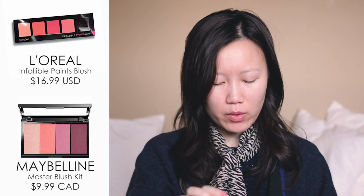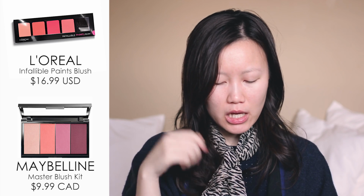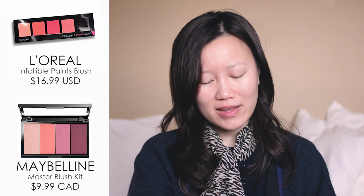4 colors. Very pretty, kind of a medium intensity, peaches and pinks. It's got a little dinky brush. Don't use the brush, probably doesn't work too well. But I like the concept of a blush palette. I like the concept of it as a drugstore product. I'm not sure if I'm crazy about the fact that, again, I probably have to pay $20 Canadian for a